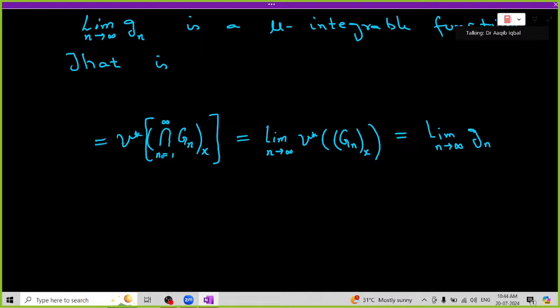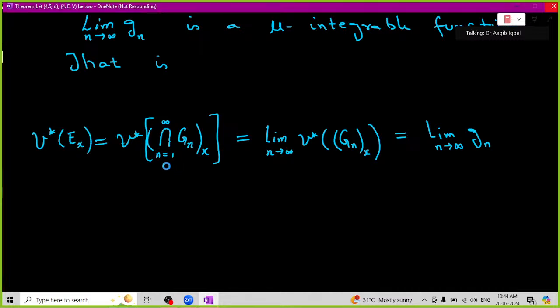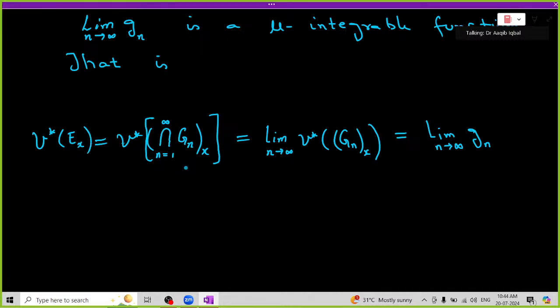What is this? What is intersection of gns? That's E. So that means nu star of E sub x, because intersection of gns is E. This is x section of the intersection, so therefore it's actually x section of E. So nu star of the x section of E, which is equal to this, और ये ऊपर आपने देखा is